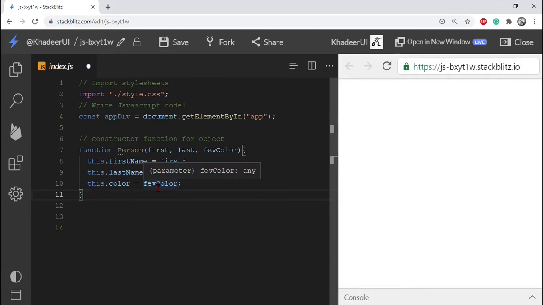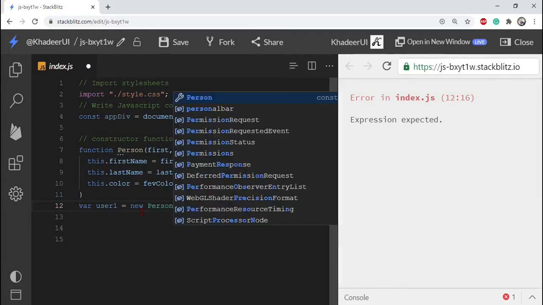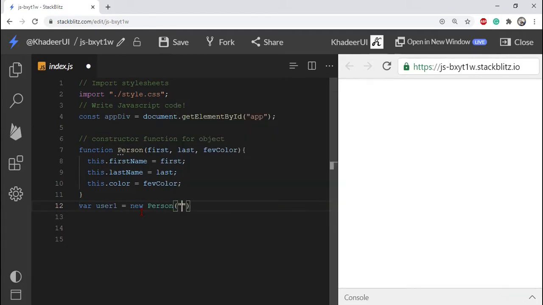I will create a person object from the constructor function Person. I will write user1 equals new Person, and here pass some arguments.